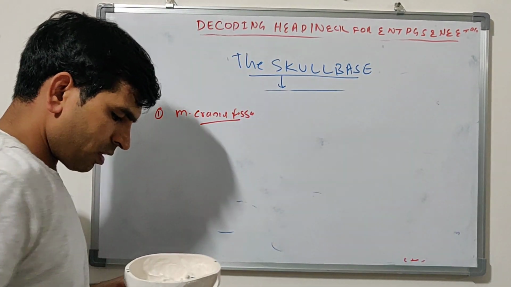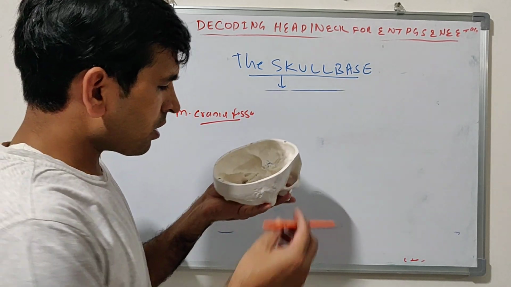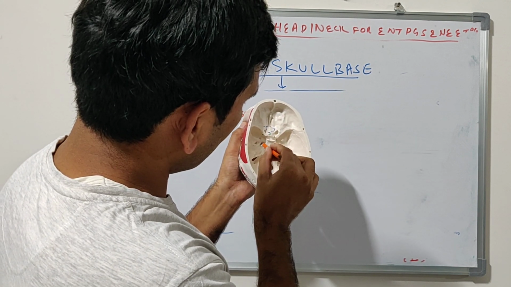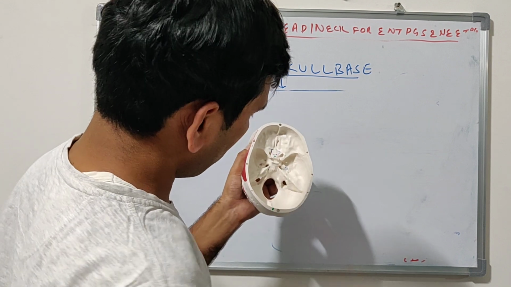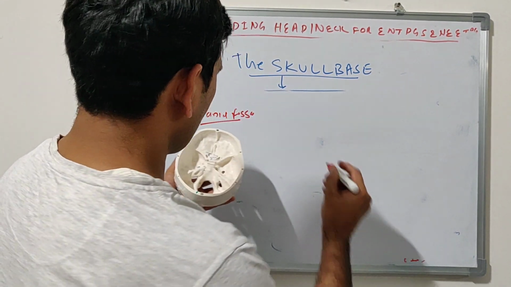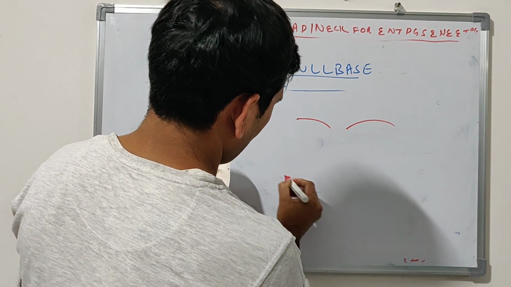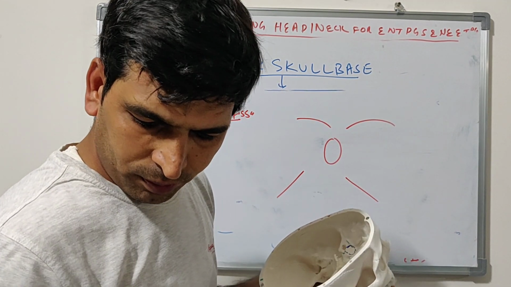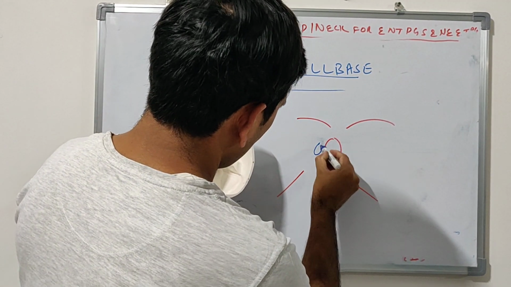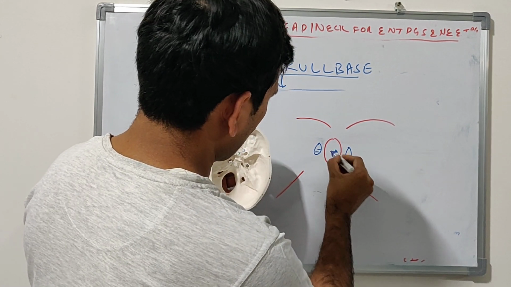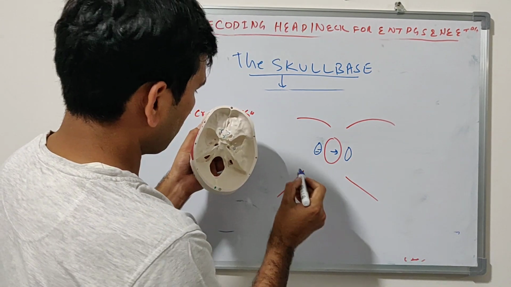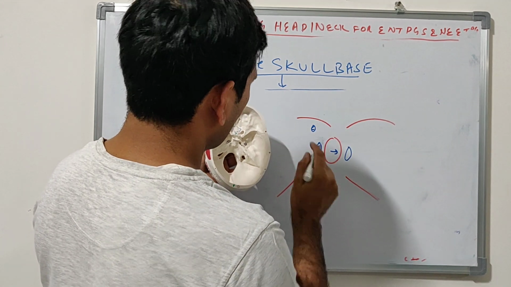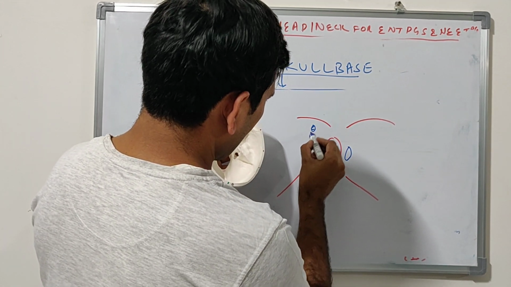Now lateral to this is just here. You see this is the foramen. Lateral to foramen lacerum, there are three foramina, anterior to posterior. If you see, this is the foramen lacerum, this is the sella turcica. There are three foramina: one small foramen anteriorly, opening in the pterygopalatine fossa,